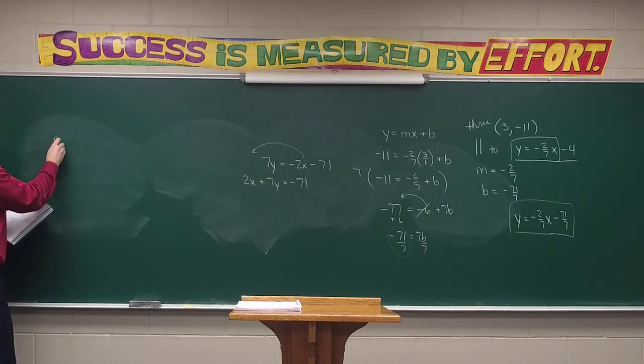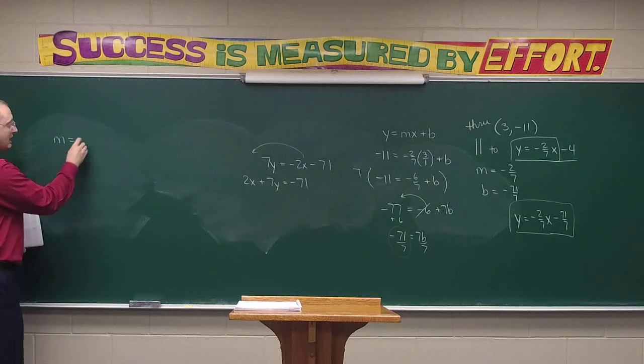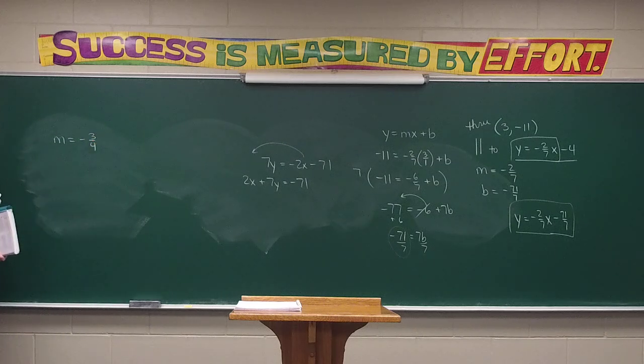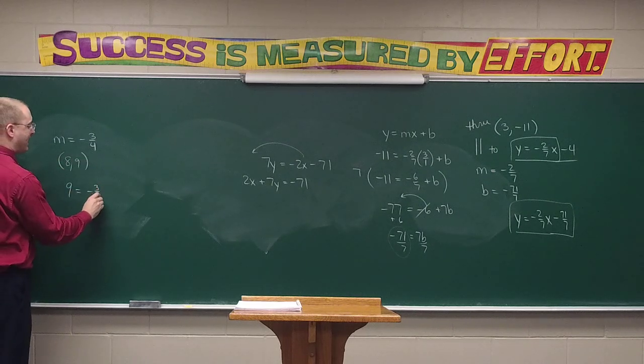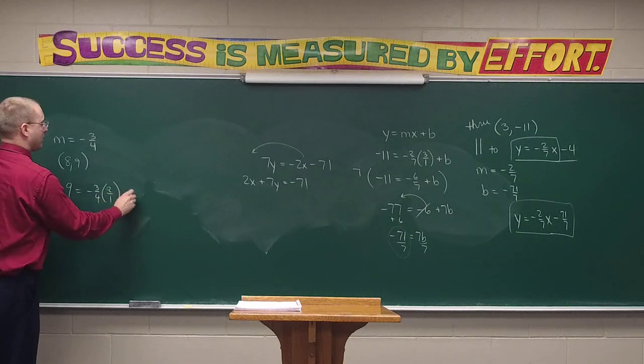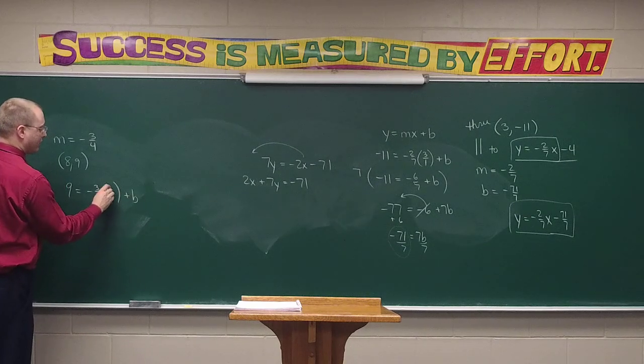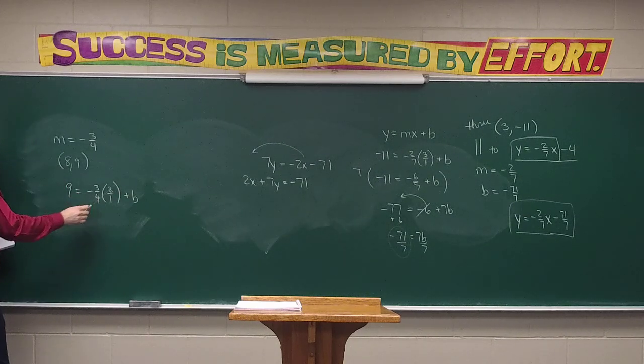I already know the slope on number 12, class, is going to be -3/4, because that's the slope of their line, and my line's parallel to it. But mine goes through the point 8, 9. So I'm going to start by saying y equals mx plus b. That's an 8. It just didn't turn out very good. I'm going to be able to cancel here, class, to get